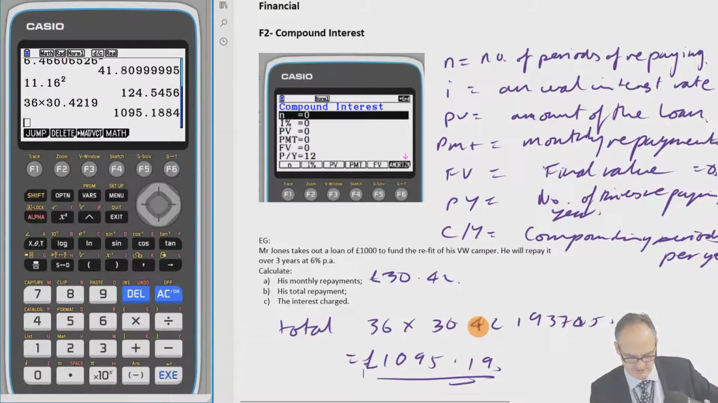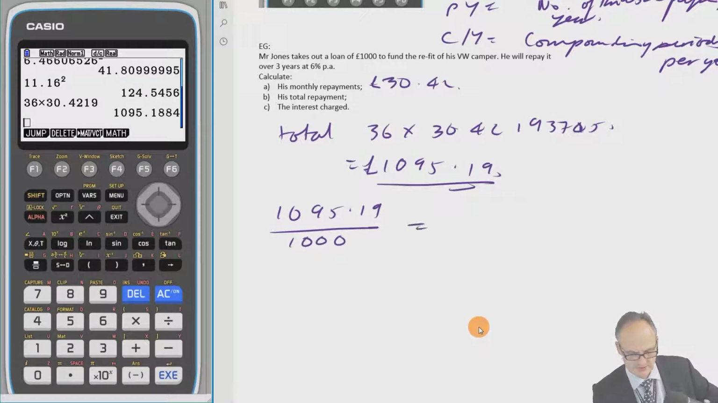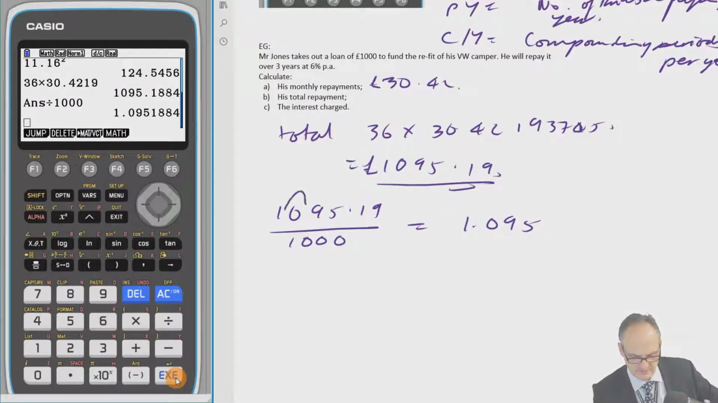So what's the interest rate? Well, the way I'd calculate the interest rate, you don't have to do it this way. You could take the 1,000 off. I don't bother taking the 1,000 off. I just divide straight away by 1,000, which is his original amount, and we get 1.095. You should have realised that divided by 1,000, just move the decimal place. Sorry, move the decimal place 1, 2, 3 times to here, and that gives you